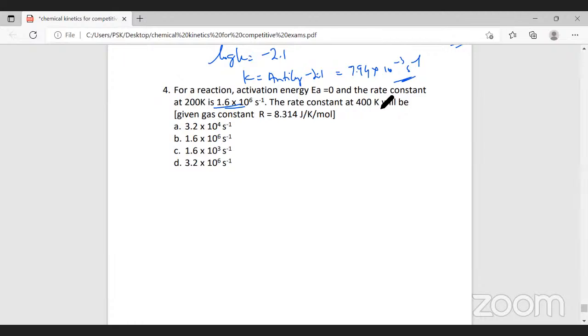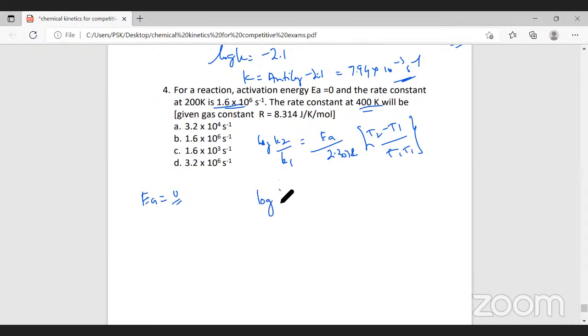The rate constant at 400 Kelvin will be, now we know the equation log K2 by K1 is equal to EA by 2.303 R into T2 minus T1 divided by T1 T2. Now, since EA is 0,